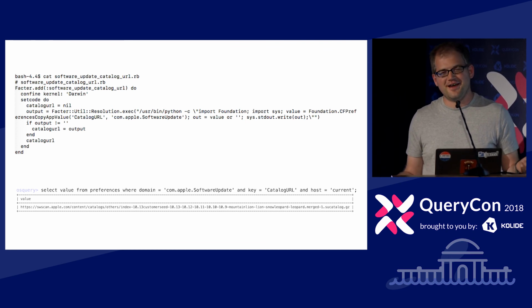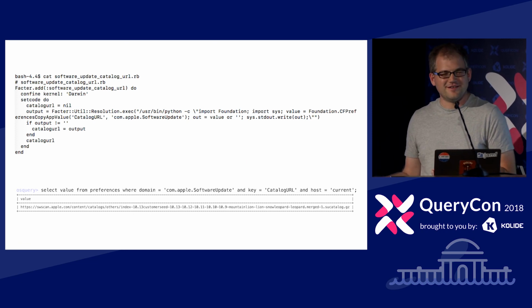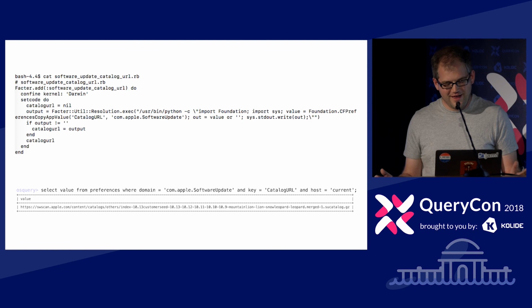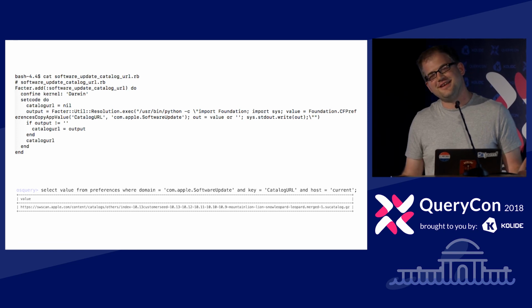So we end up shelling out to Python to talk to PyObjC to query something back. And there's so much of this all over the place, whether it's in Puppet or Chef or any of that. And it's just to query one key in a preference. Like, this is too much.